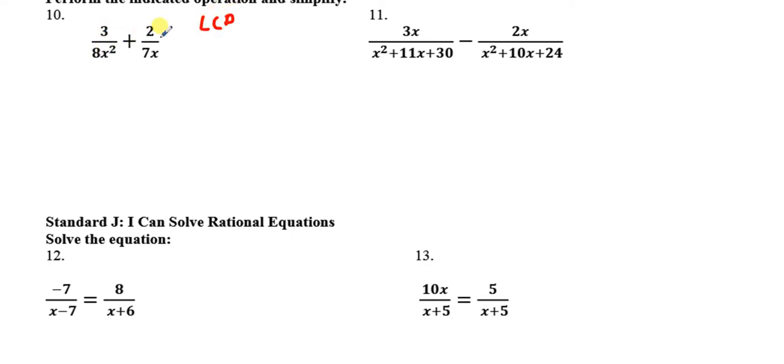If we were adding 3/8 plus 2/7, it would be 56 is the least common multiple of those two terms. And then we have x to the second is our highest degree of x. So to multiply these two, you can see why I changed pens. I'm going to have to multiply this one by 7 over 7. And then this one I'm going to have to multiply by 8x over 8x. And that'll give me 56x to the second on both terms. So we have 21 over 56x to the second